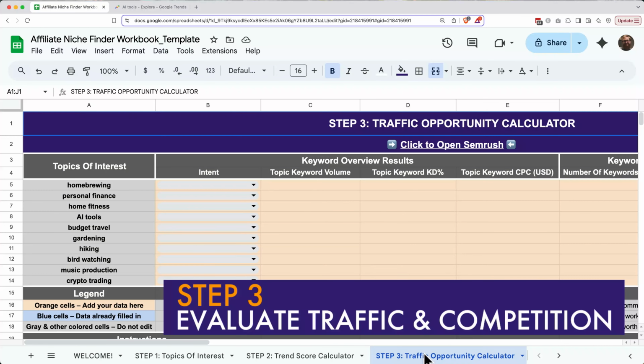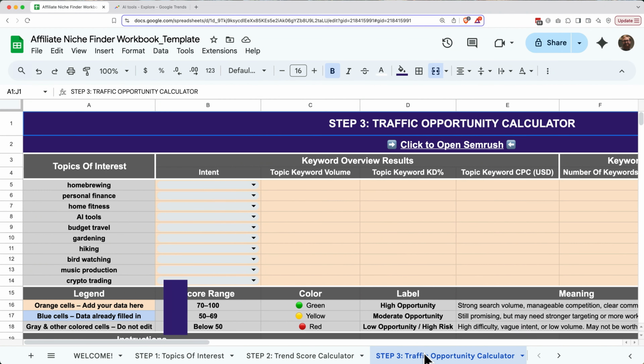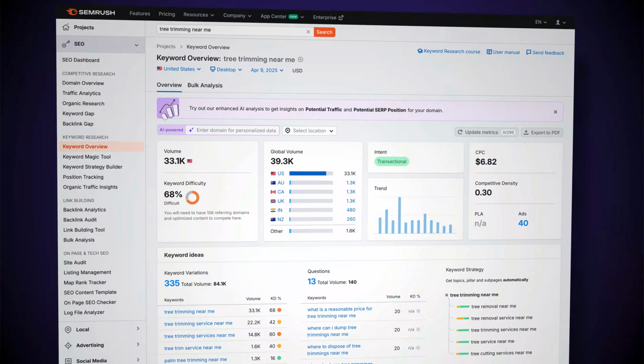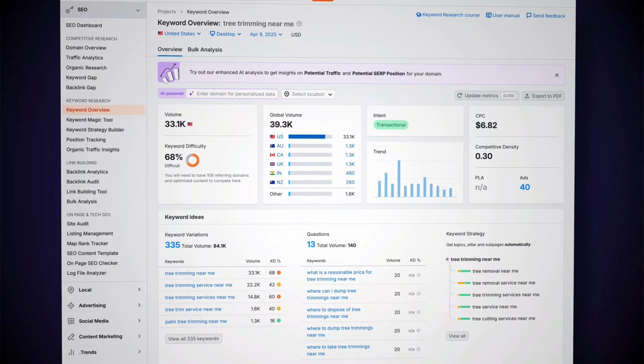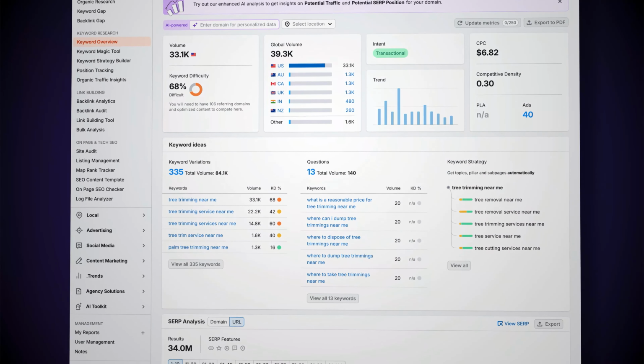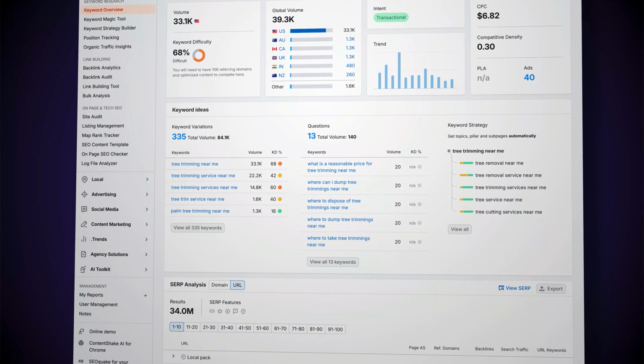To get the data we need for this next step, monthly search volume and how hard it is to rank, we'll be using Semrush. It's a powerful SEO tool that shows you how often people search for a keyword, how competitive it is, and what kind of content is already ranking on Google, which is super helpful for spotting real